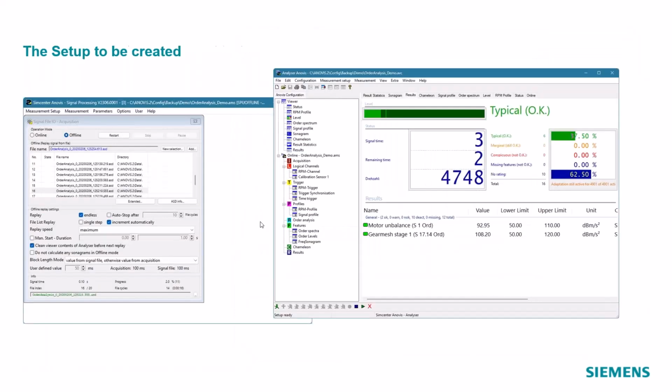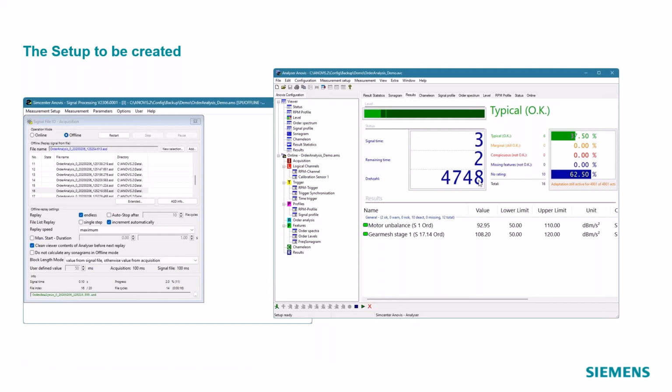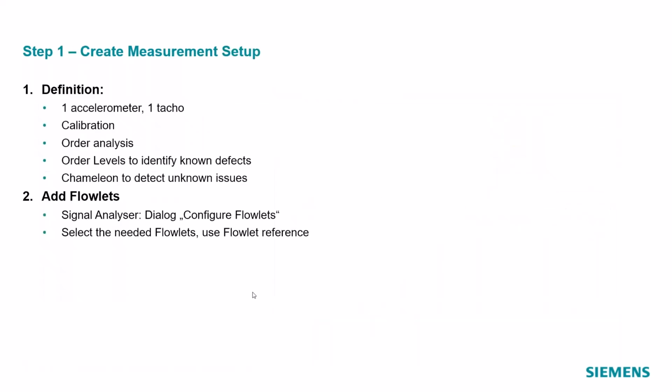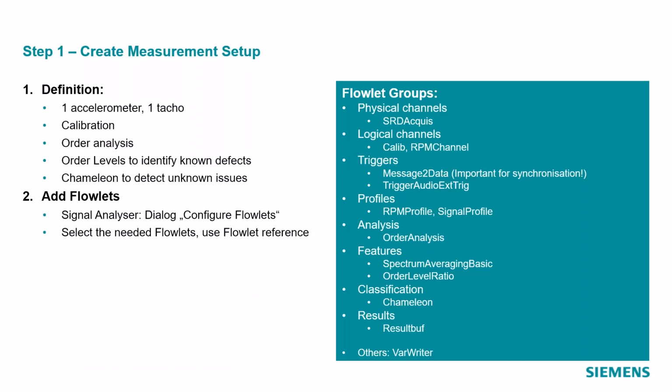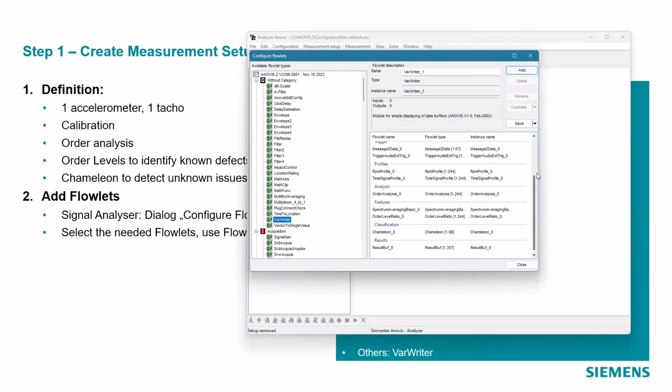You remember there was on the screen the RPM running here, and this is something that we can provide by this status flowlet. So now I have all the flowlets on my tables.